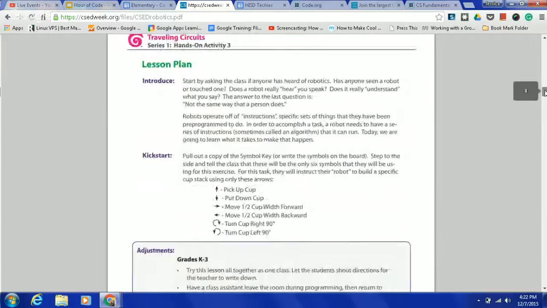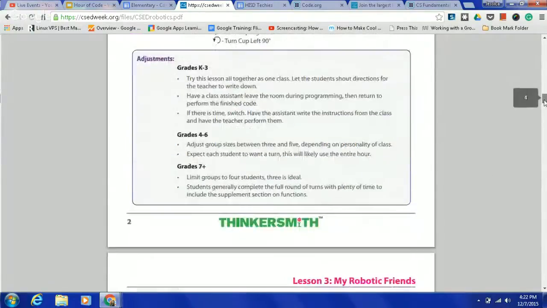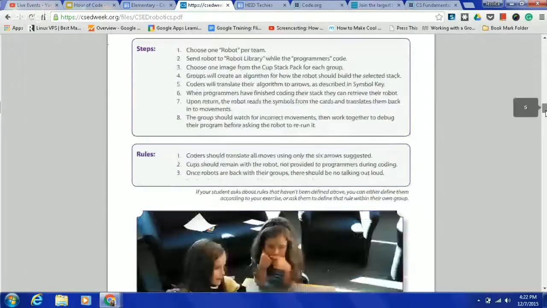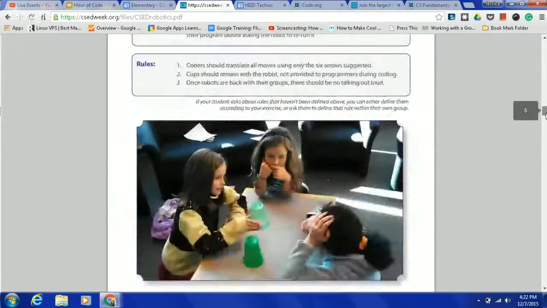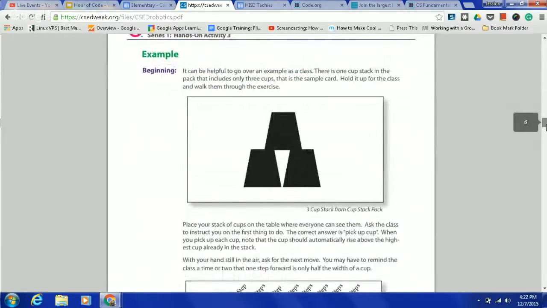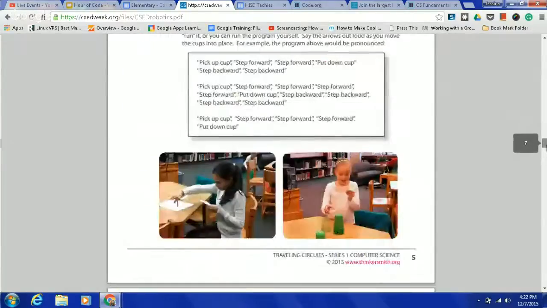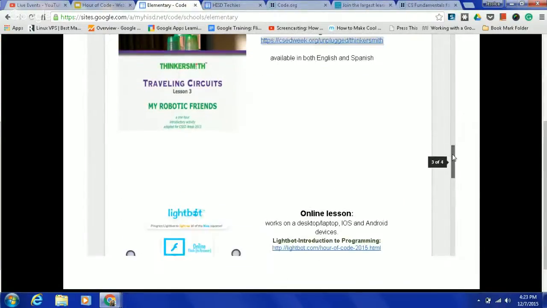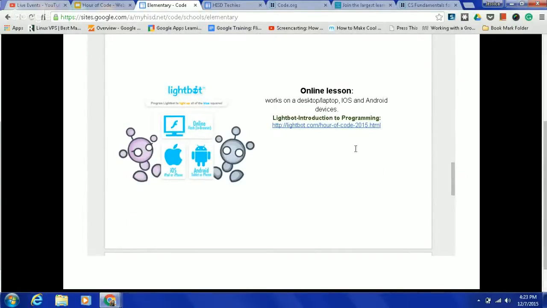And then when you get into the lesson plan, it literally breaks it down word for word what you're supposed to do. This is how you can introduce it to your kids. Here's your little hook. And then, they even give you adjustments if you're working with younger K through 3rd, 4 through 6, or even then up all the way to grades through 7. And then as you can see, it goes to the steps. You get your rules. And they even give you some examples of some of the ideas and some of the things you can build with that. So let me just go back here. And then if you go further down to the bottom, we have our online lesson, and this is from the Hour of Code website. So I'm going to bring Jessica back, and she's going to close you guys out.